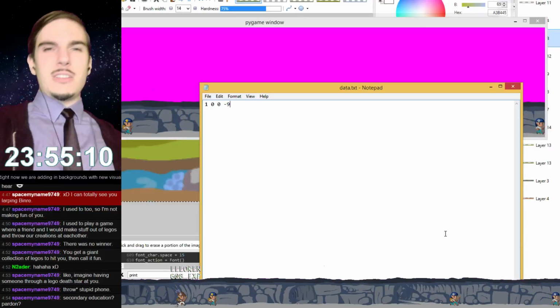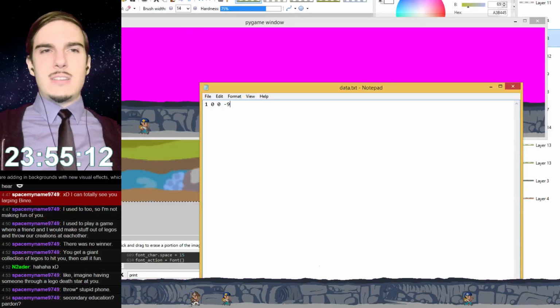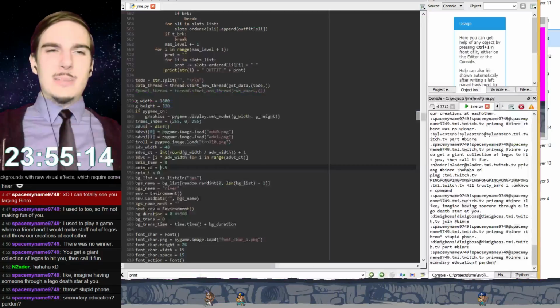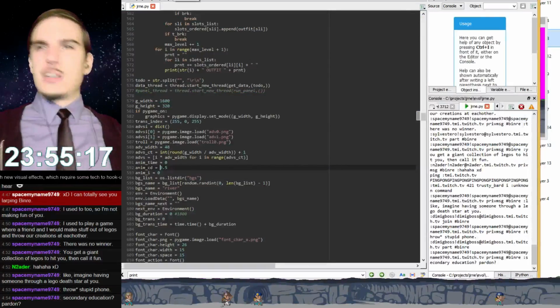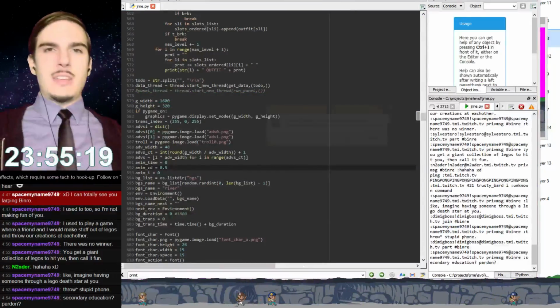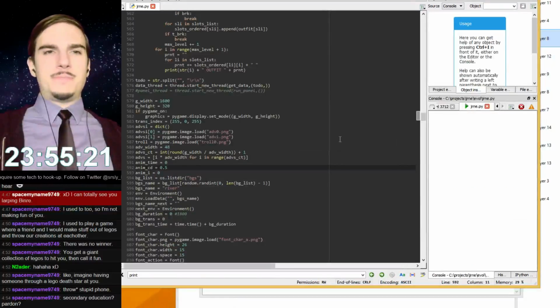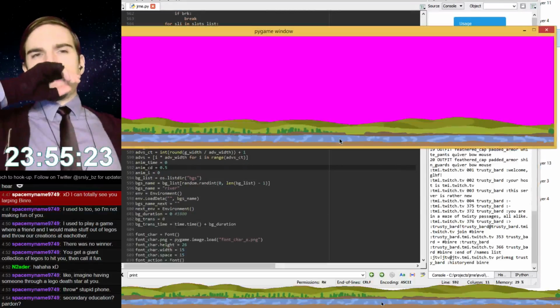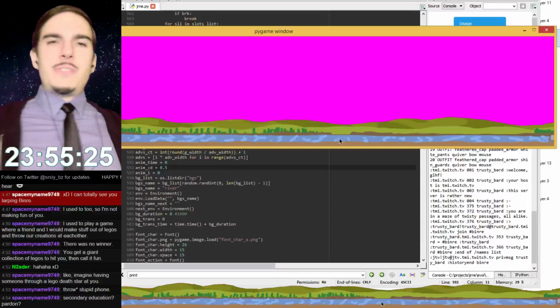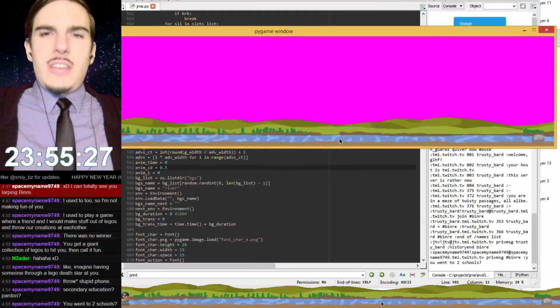I don't want it to look too lazy though. I guess I do want it to look a little bit lazy, because if it doesn't look lazy at all, then I do have to